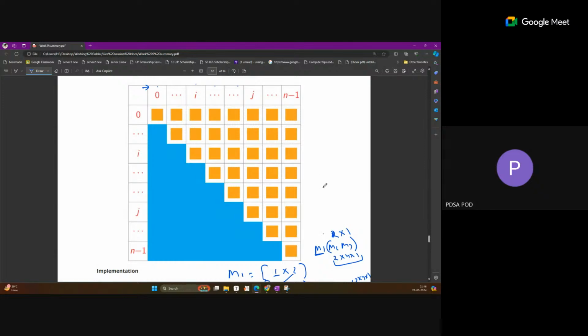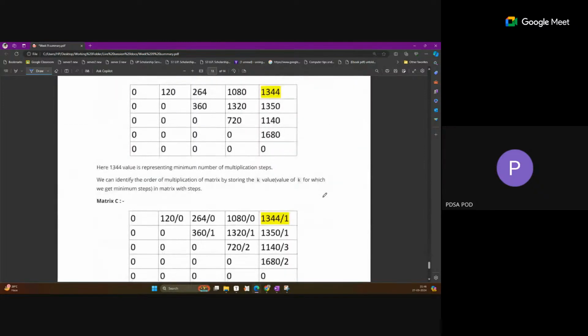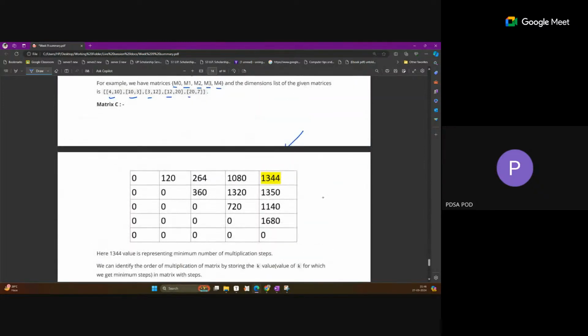Only 5 columns are required. So in this table, you can see this is representing the matrices M0, 1, 2, 3, 4, and 0, 1, 2, 3, 4. This is representing the number of matrices we have. So we have total M0 to M4 matrices. And we are looking for all possible ordering solutions, but we will solve this smartly